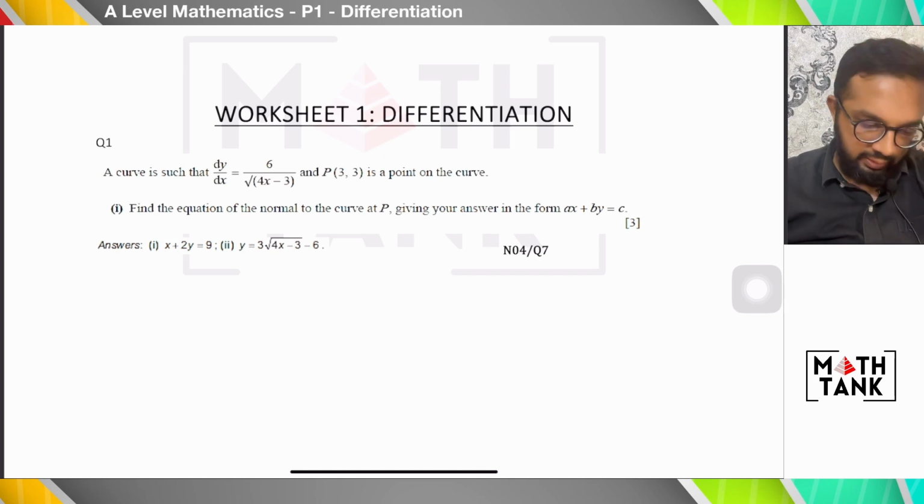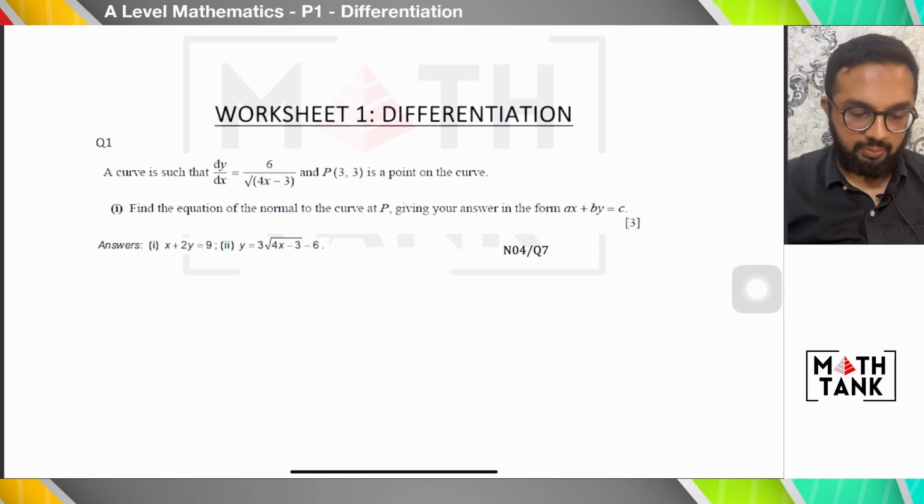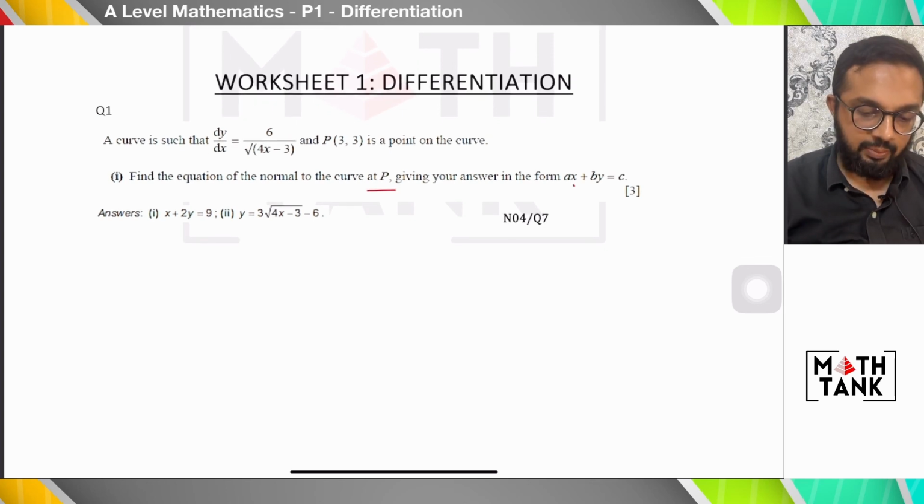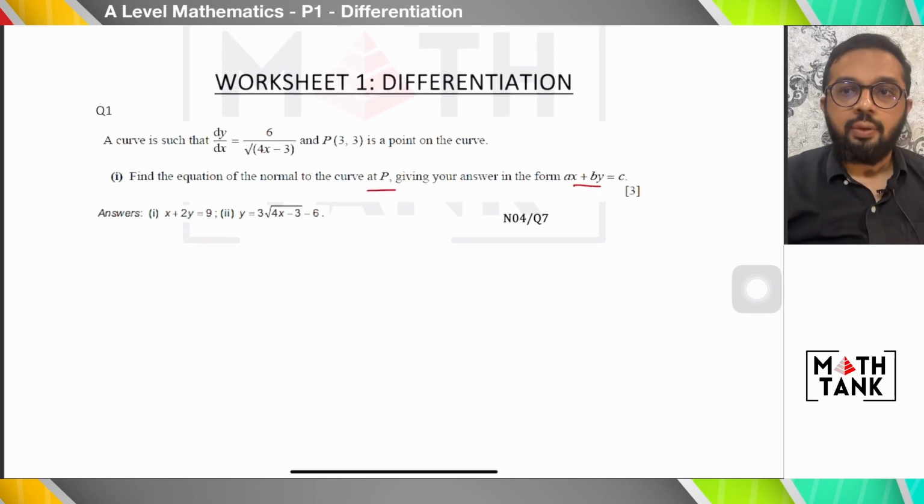Let's start solving. It says the curve is such that dy over dx equals 6 over root 4x minus 3, and P(3, 3) is a point on the curve. Find the equation of the normal to the curve at P, giving your answer in the form ax plus by equals c. So in order to find the equation of the normal, I first need the equation of the